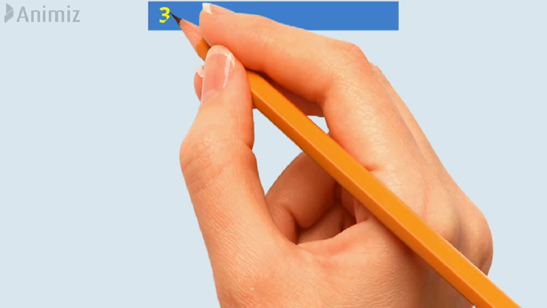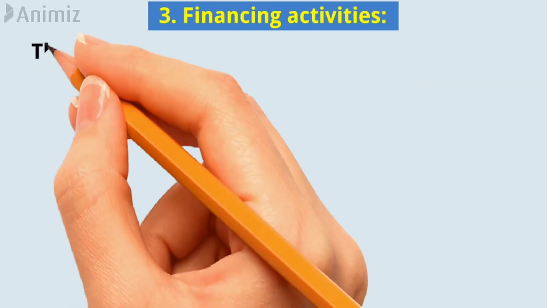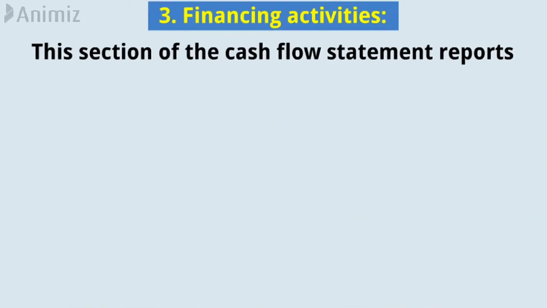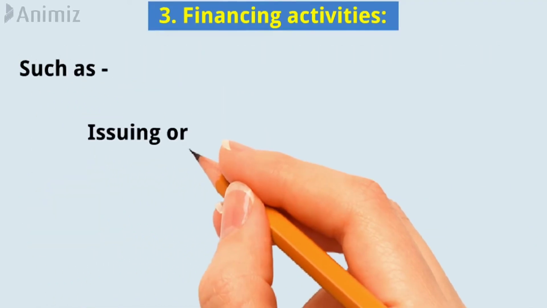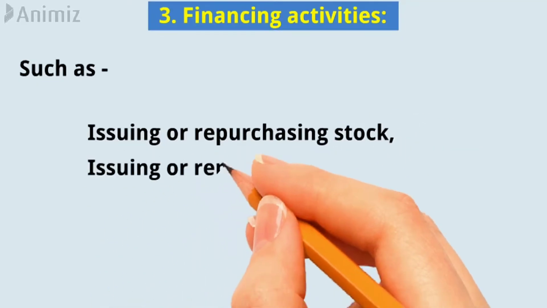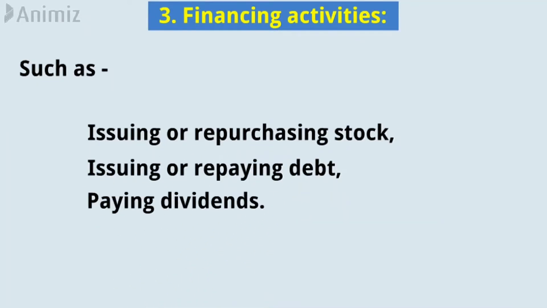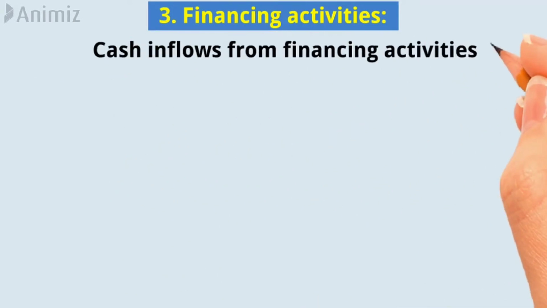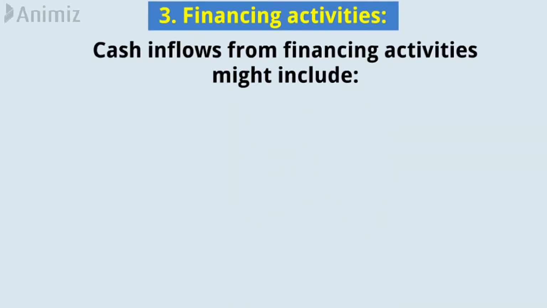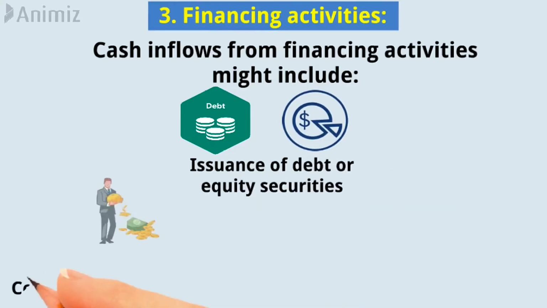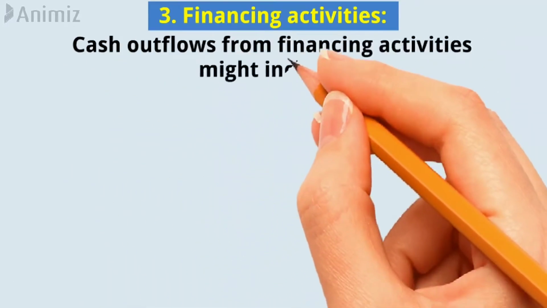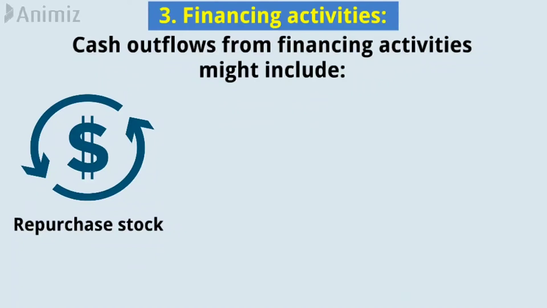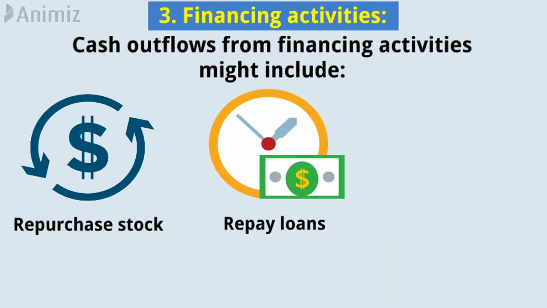Number 3. Financing activities. This section of the cash flow statement reports the cash inflows and outflows related to the company's financing activities, such as issuing or repurchasing stock, issuing or repaying debt, and paying dividends. Cash inflows from financing activities might include proceeds from the issuance of debt or equity securities, contributions from owners, or loans received from banks or other lenders. Cash outflows from financing activities might include payments made to repurchase stock, repay loans or other debts, and pay dividends